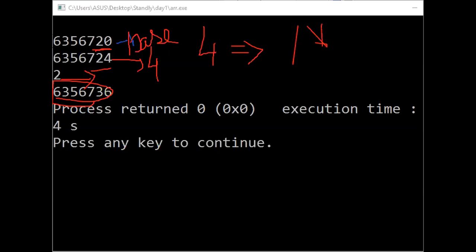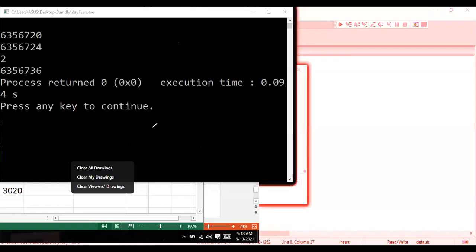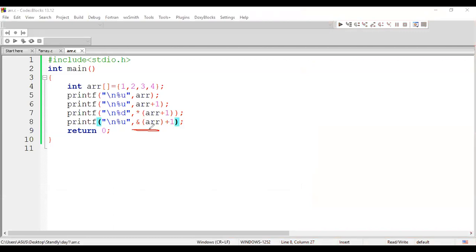So whenever we state ampersand of ARR plus 1, along with the base address, one whole array is going to be added. This ampersand is different from the normal ARR plus 1, which is the next index. Here, if you mention base address plus 1, it moves to the end of your array.